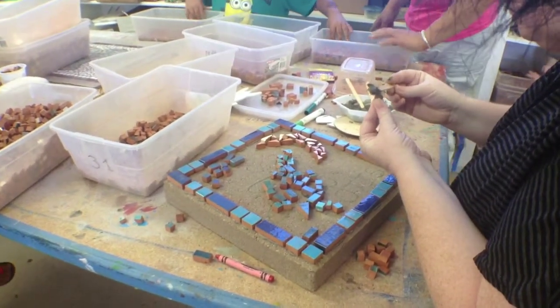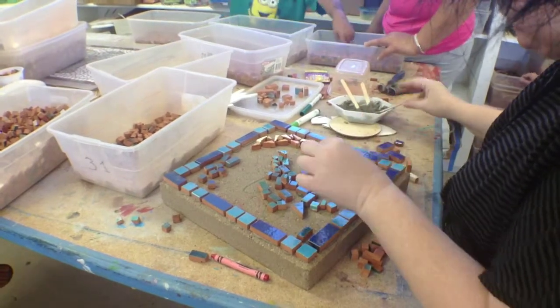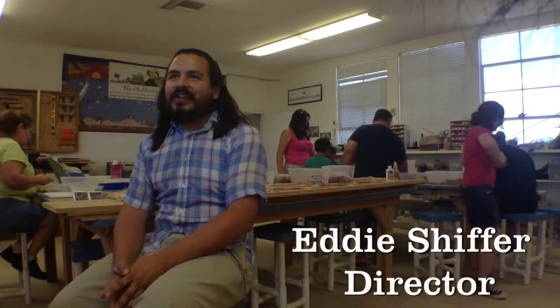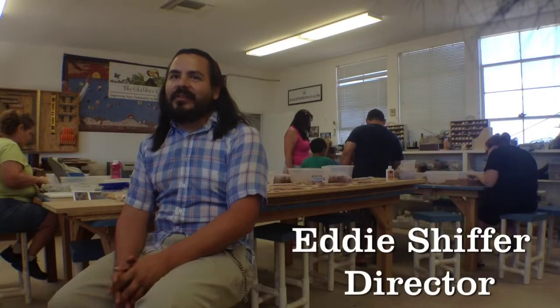Want to make a yellow rocket ship? I use this color and this color for the rocket ship. So my name is Eddie Shaffer, and I'm the director here at the Imperial Rainforest Art